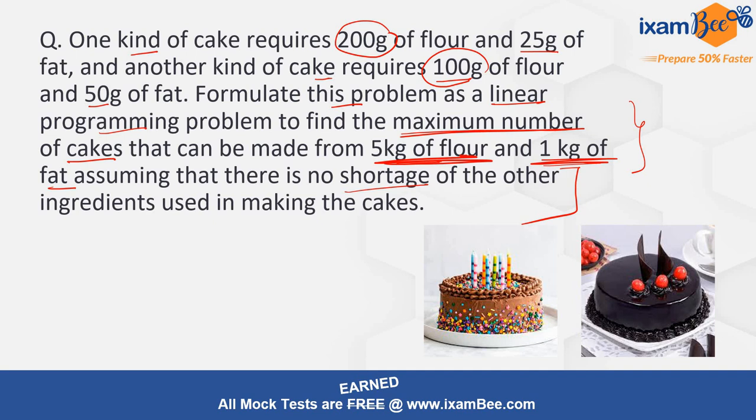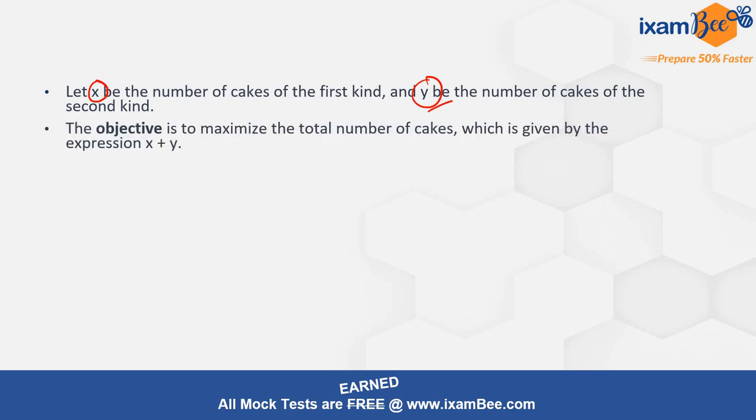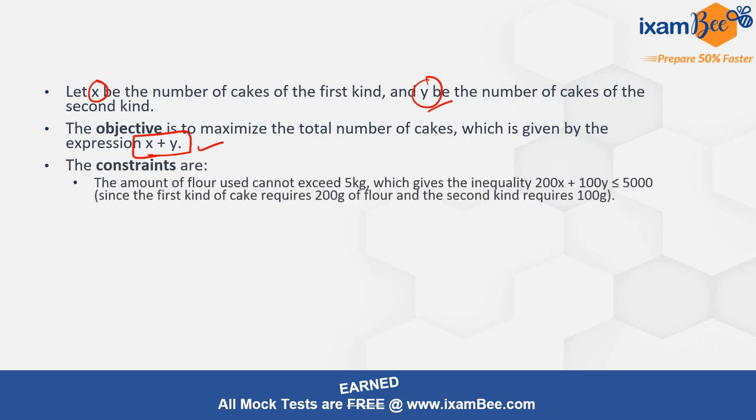Now we are going to formulate this into a mathematical problem. How are we going to formulate it? We will assume that the first kind of cake is X and the second kind of cake is Y. So your objective is to maximize the total number of cakes, that is X plus Y. Now the constraints are that the amount of flour that can be used cannot be greater than 5 kg,